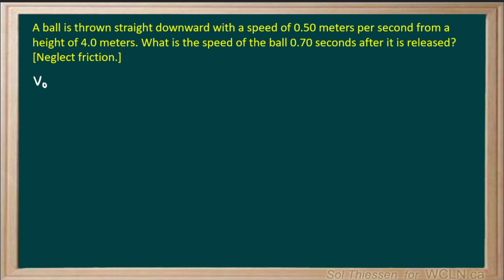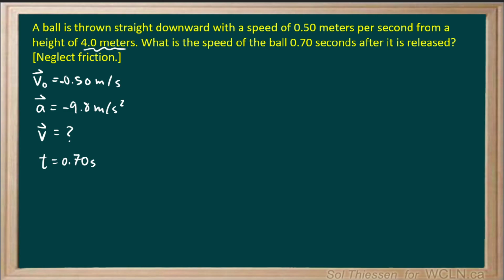So we know the initial velocity of the ball is 0.50 meters per second, and that is straight downwards, so I'm going to consider that to be negative. We know the acceleration due to gravity is also downwards, 9.8 meters per second squared. We want to know the final speed of the ball after 0.70 seconds. We're also told that the ball is thrown from a height of 4